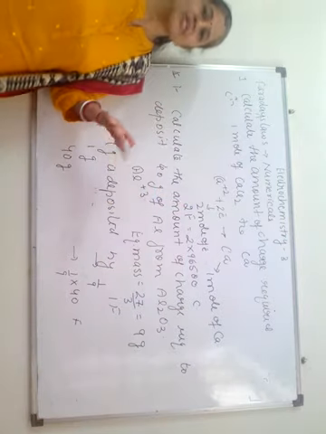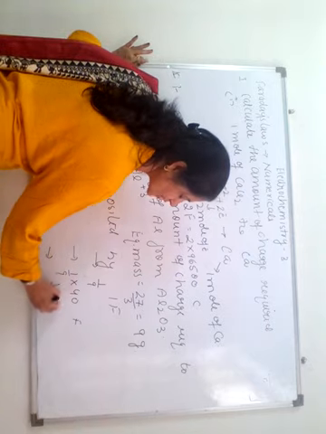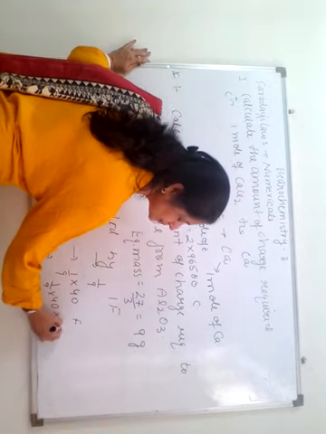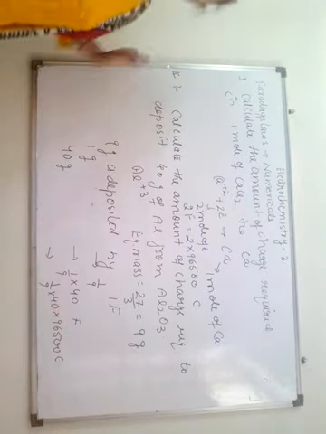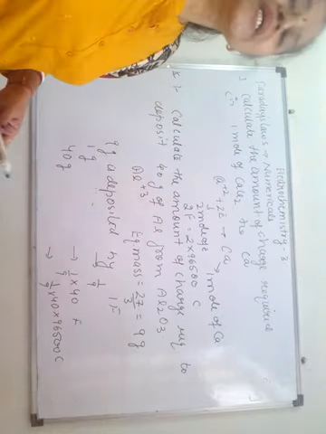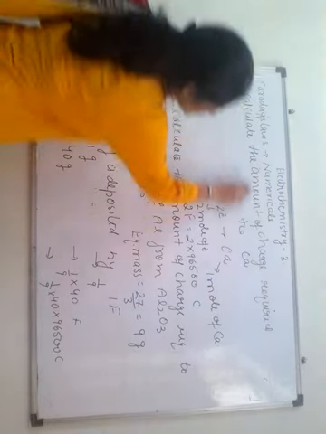If asked in coulombs, multiply by 96500 coulombs. Right children? Now the third type of question that may be asked is,